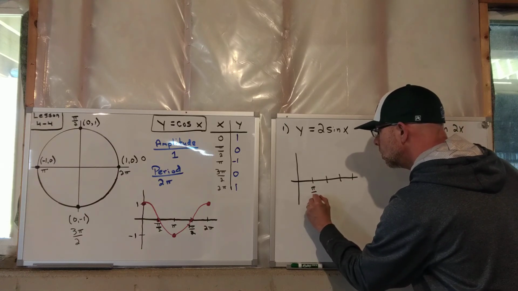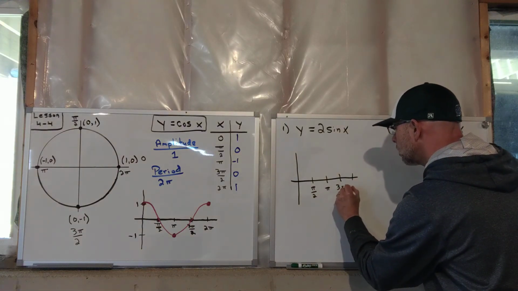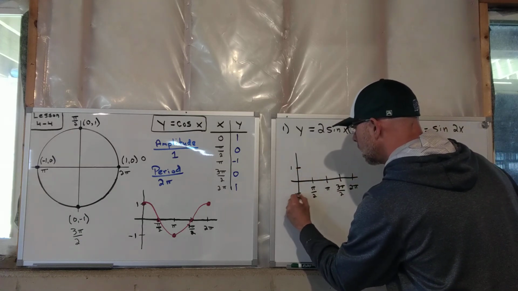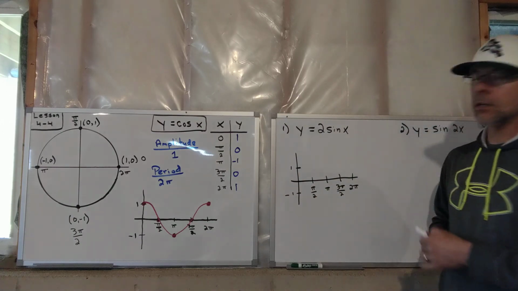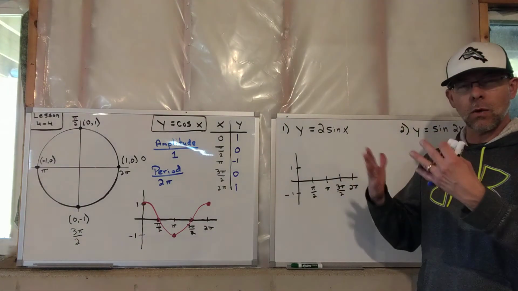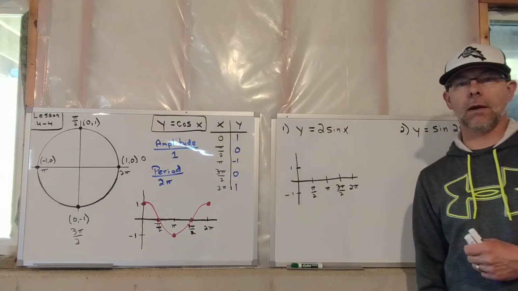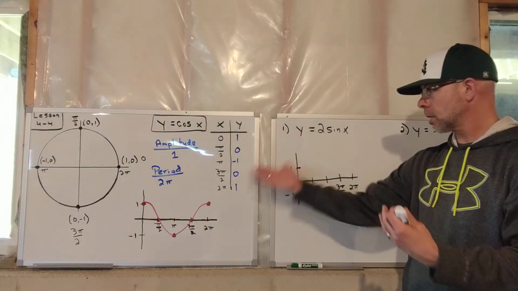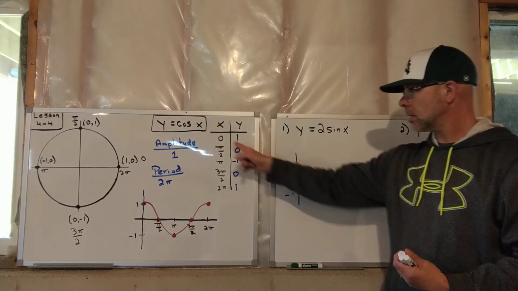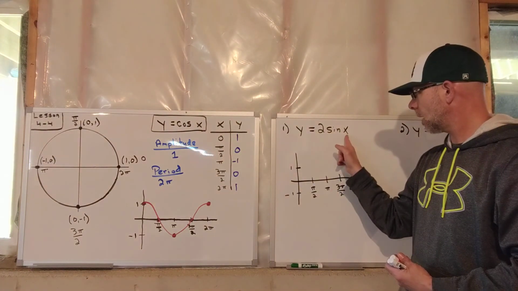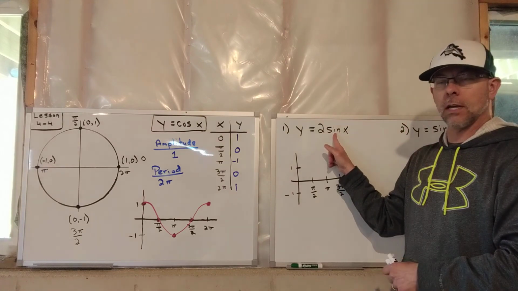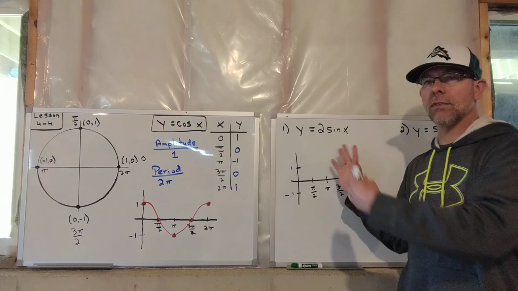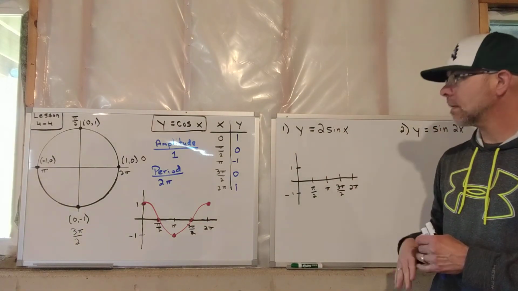pi over 2, pi, 3 pi over 2, 2 pi. 1 high, negative 1 low. Now, I want you to understand that if I apply this, order of operations is sort of important here. Because if I said do this table, make this chart, do this graph, you're still going to put 0 through 2 pi in for x. You're still going to take the sine. This comes last. You're going to do 2 times whatever the sine is,